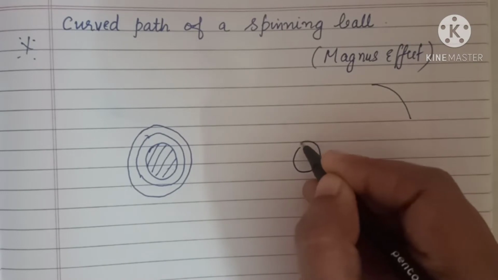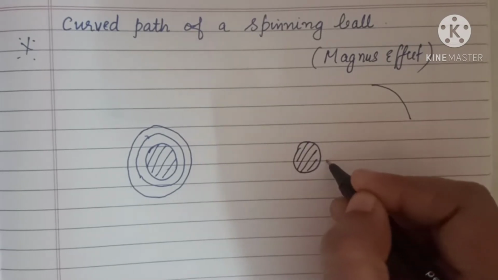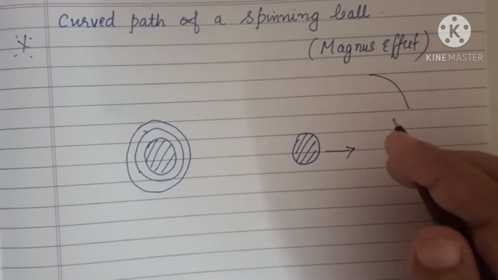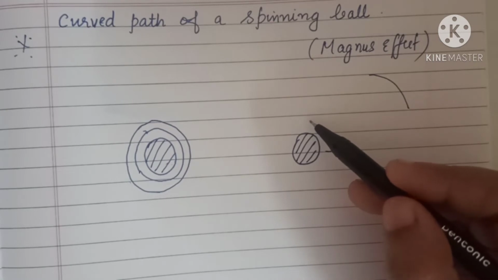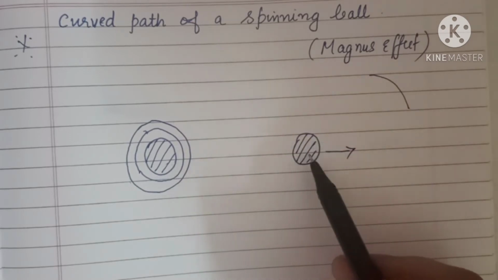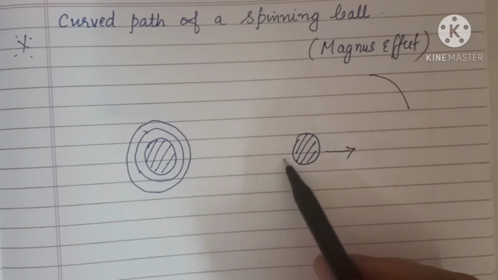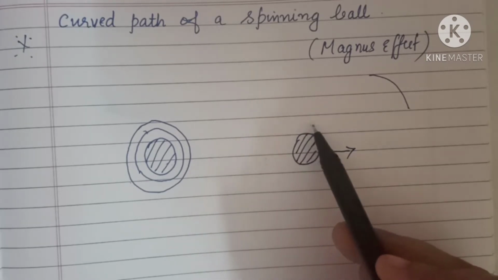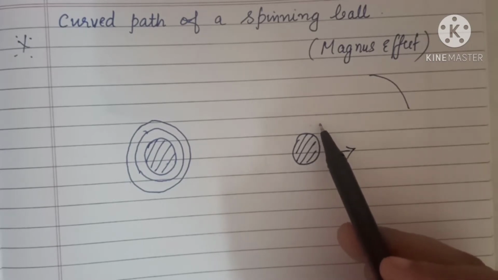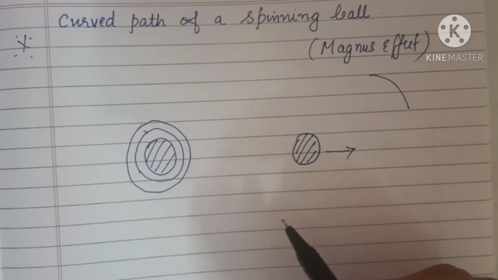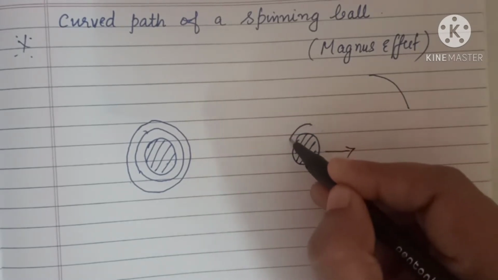Now, if the ball is moving forward with a velocity v, what will happen? If it is moving with a velocity v in the forward direction, the air ahead of the ball rushes backward with velocity v to fill the space. When an object moves from its original position, there will be a space left empty there, right? So what will happen? The air ahead of this particular ball will move in the backward direction, rushing backward in order to fill the empty space. So how can you draw the diagram? Yes, this will be like this.